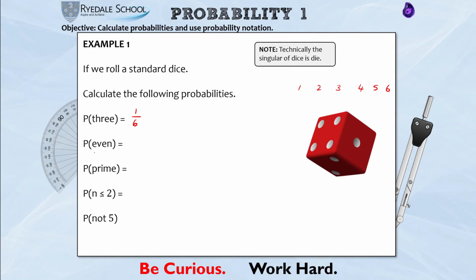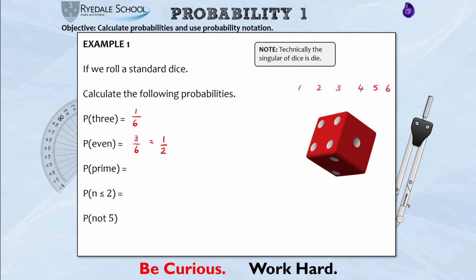Okay, it then says calculate the probability of an even number. Well, 2's even, 4's even, 6 is even. 3 of these outcomes out of the 6 are even, and we know from our last topic, 3/6 cancels to a half. So if in any questions today we have fractions and they simplify, we are going to get the practice.